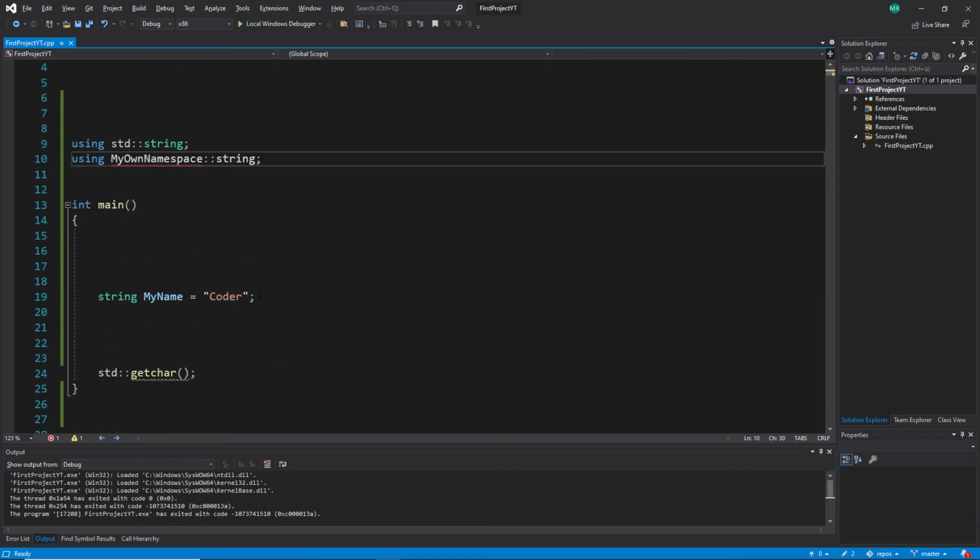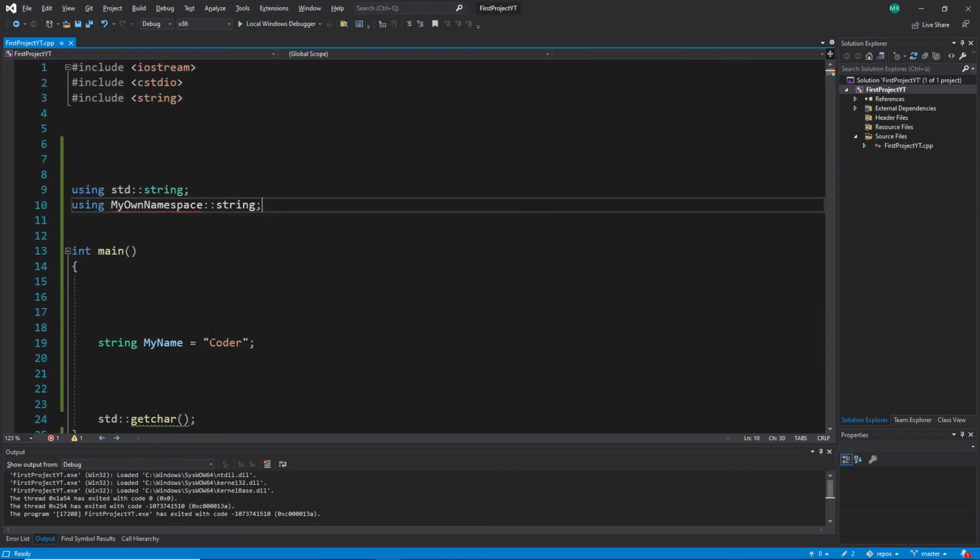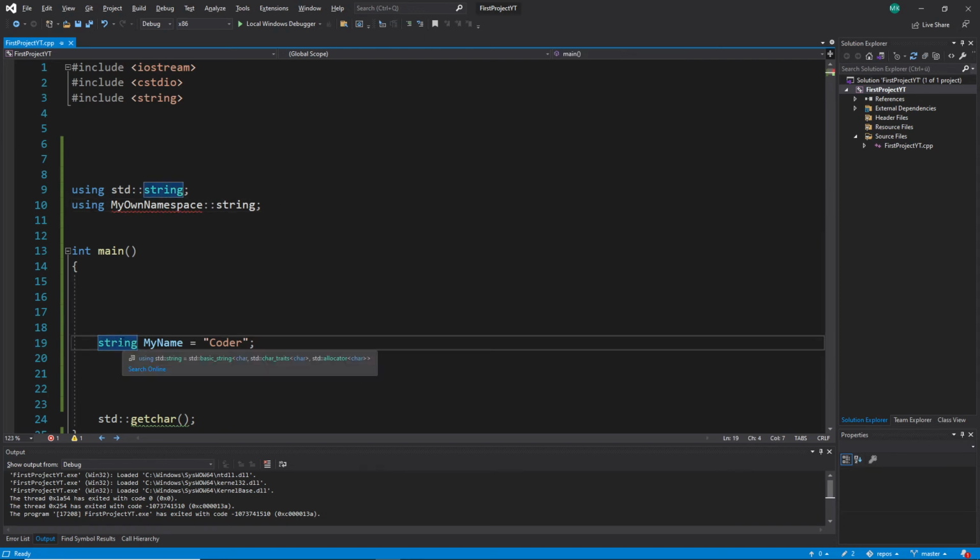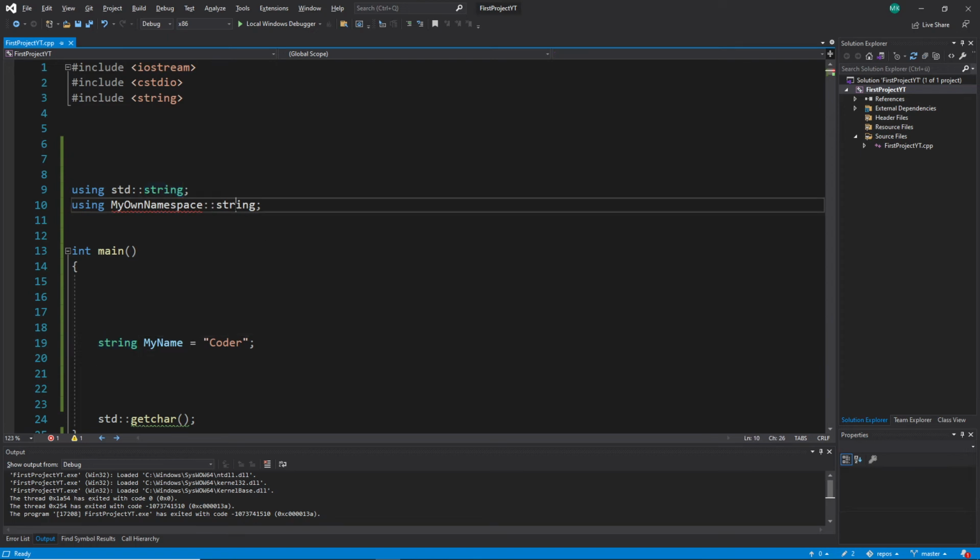And the reason for this is, here, when I click on this string in your code, and this was later introduced, then it will say, okay, which one should I choose now? I don't know which you want, because this is a string, this is a string, which do you want? And that's why it's called bad practice to use this using keyword,